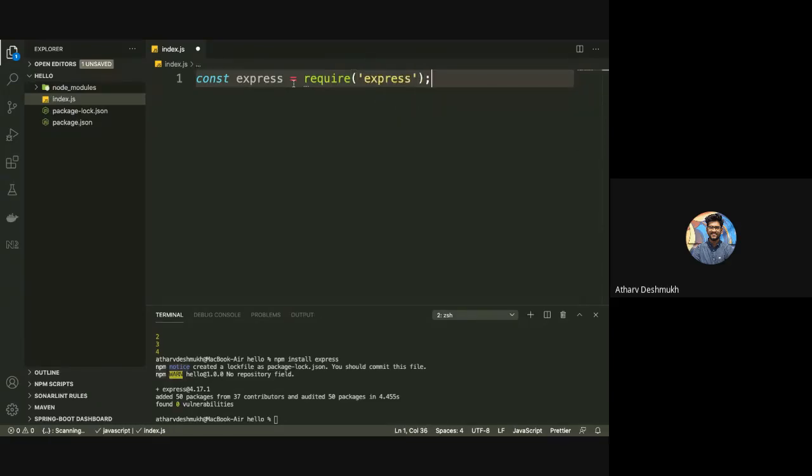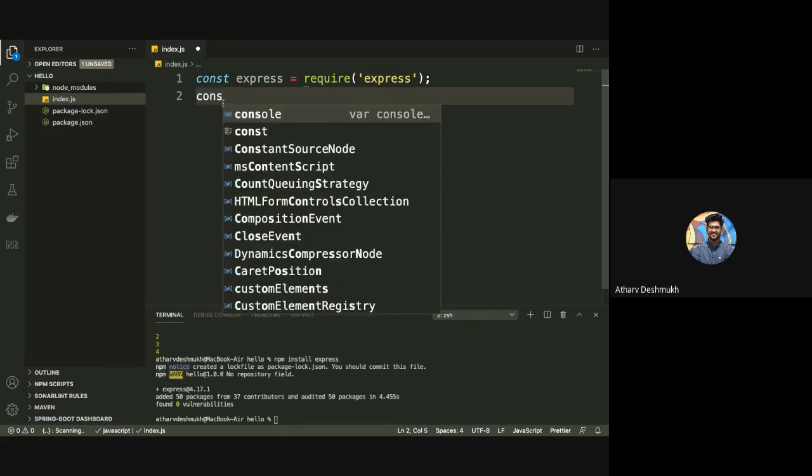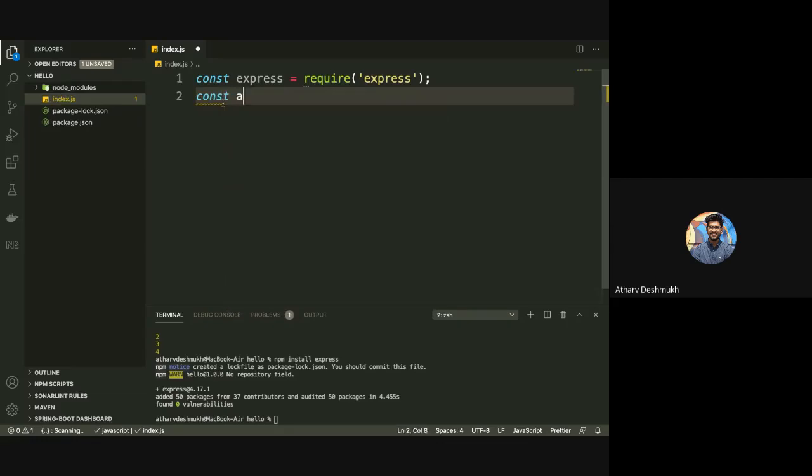Now I have imported express, like there is some express module, and that module is now injected in this express constant. And now that I have imported it, I have to initialize it. So here I will create one const named app, and in that I am initializing express. Okay, so right now my express is initialized.